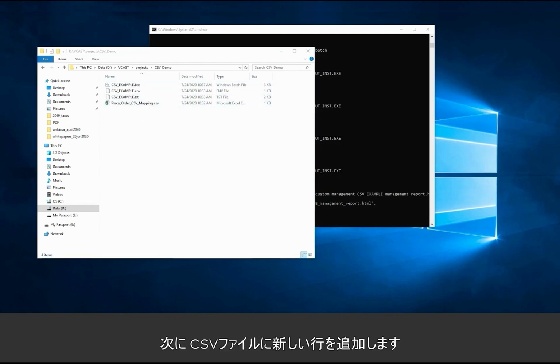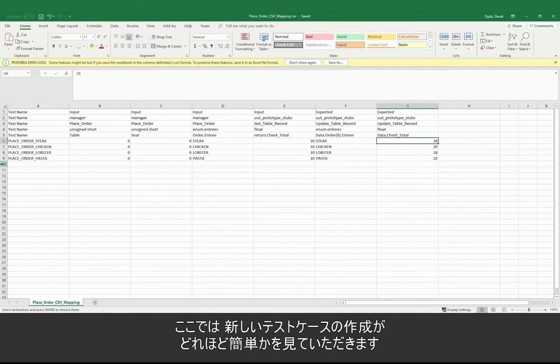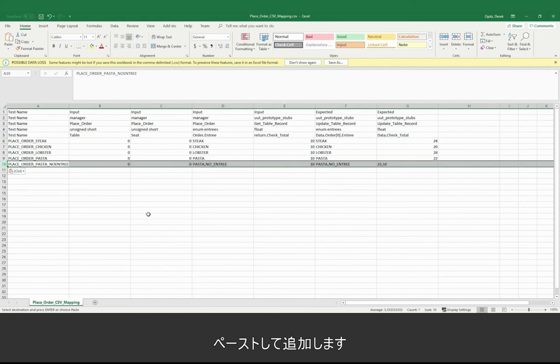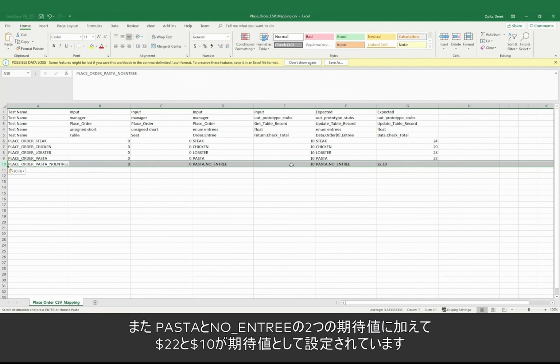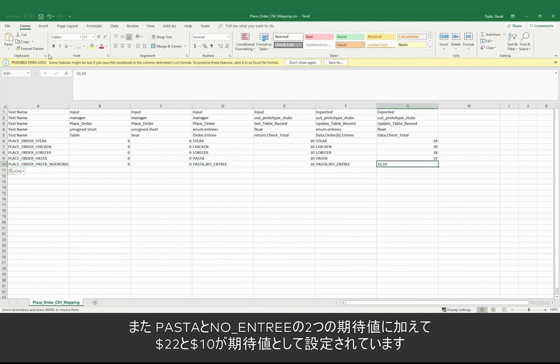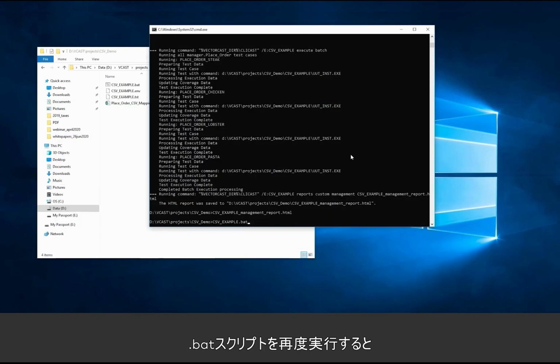And then let's add another row to our CSV file, and you can see how easy it is to create new tests here. So we're going to paste this in. This is a test where we're going to call place order twice, once with pasta and once with no entree, and we're going to expect 2 expected values, a 22 and a 10 here. Okay, so let's save this. Now, when we run our batch script again,